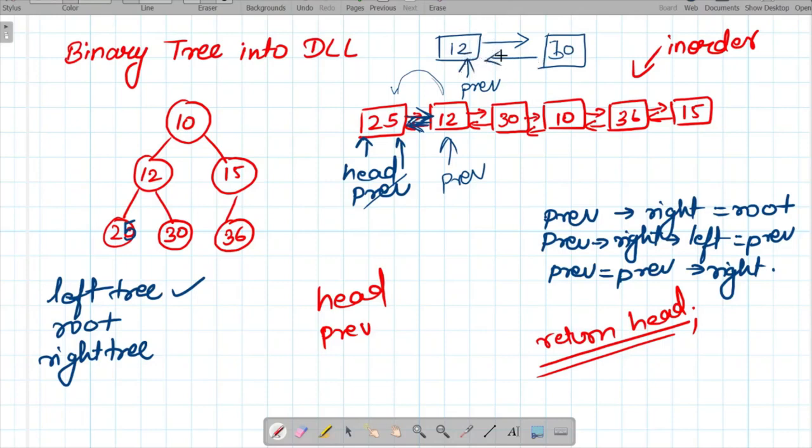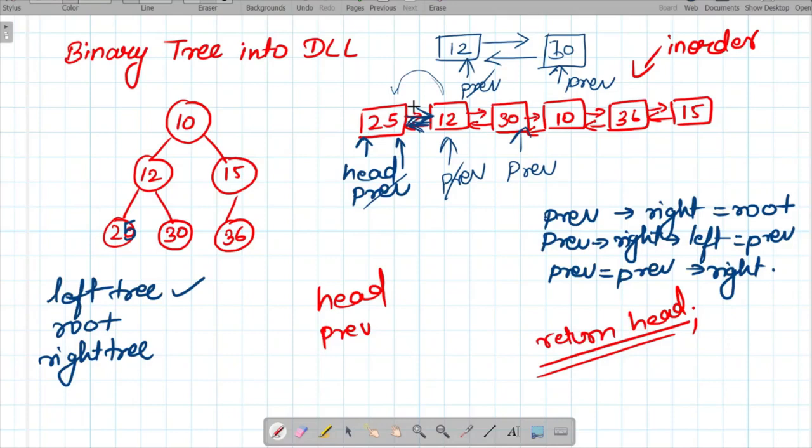So that is how this pointer is created. And the last line is saying that we have to update our previous pointer. So previous will now point towards this. So in this way we will traverse all the nodes and will create our doubly linked list. So in this way our doubly linked list will be formed finally, and we will simply return our head node